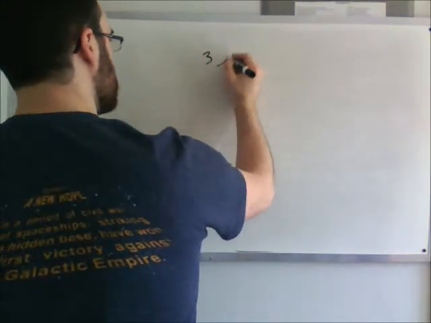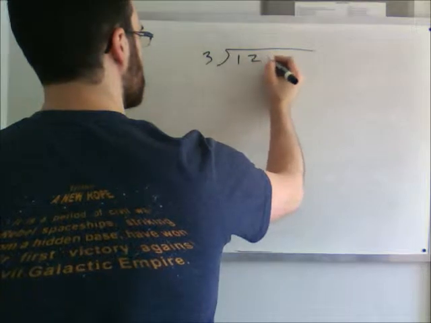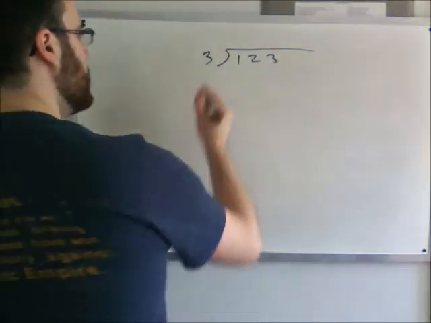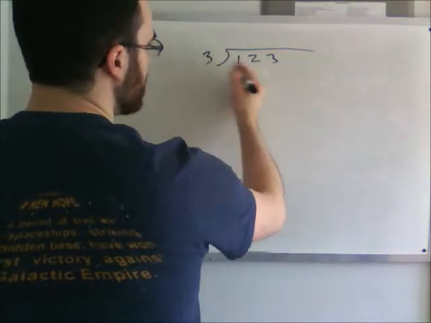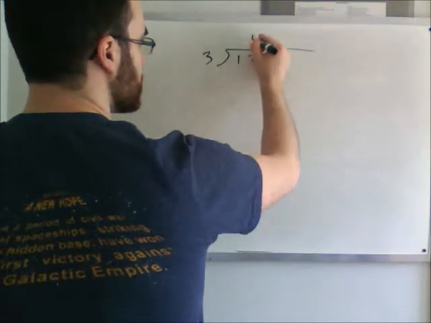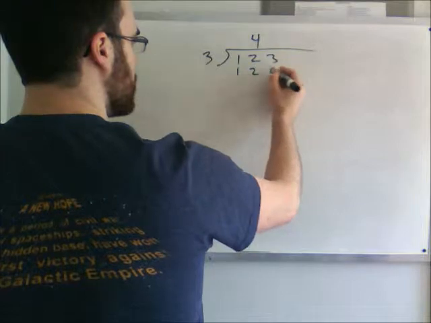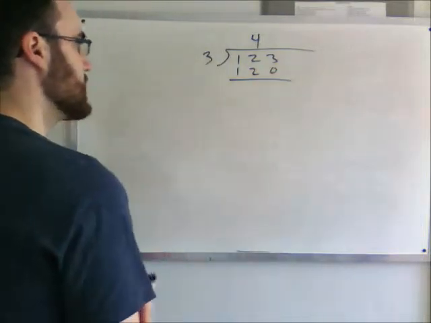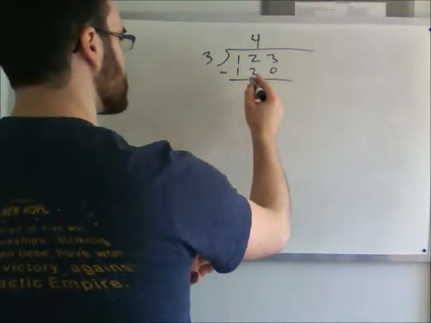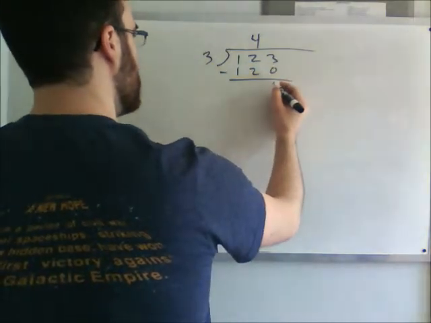Like if we have 3 divided into 123. 3 goes into 1 no times. 3 goes into 12, though, 4 times. So we put our 4 up top. 4 times 3 is 12. We bring our 0 down, and we subtract these two things. So 123 minus 120 is going to be